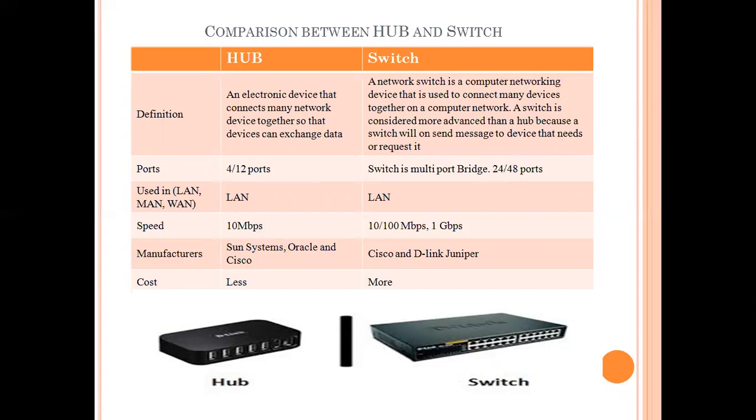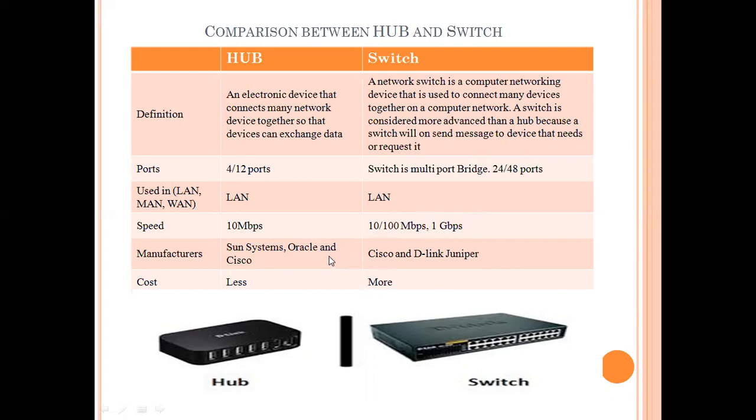Okay, both of them are used in LAN. Switches and hubs are both generally used in LANs only. They are not used in the internet or bigger networks. You can also see the speed here, that a hub has 10 Mbps, meaning 10 megabits per second of data can be sent at a time, and a switch can send 10 to 100 Mbps and also 1 Gbps of data at a time. So you can see the speed of a switch is much larger, because of which we can say that a switch has greater performance.